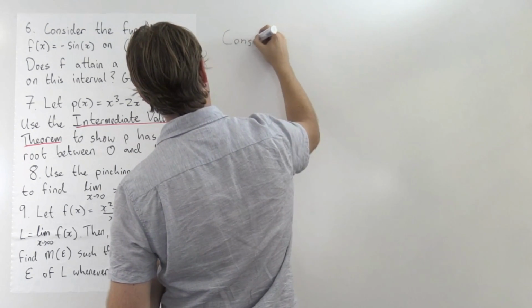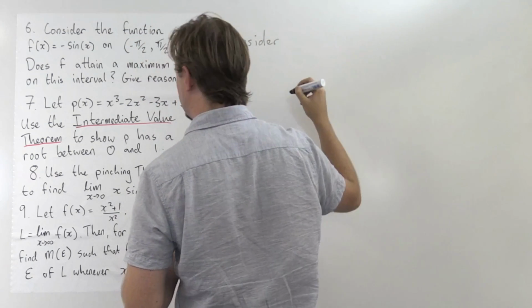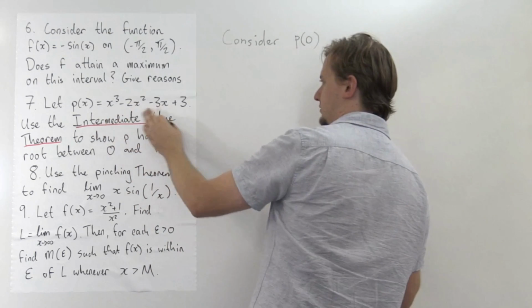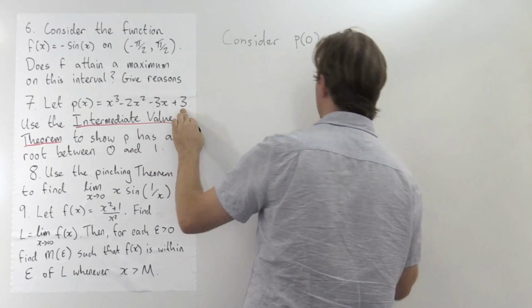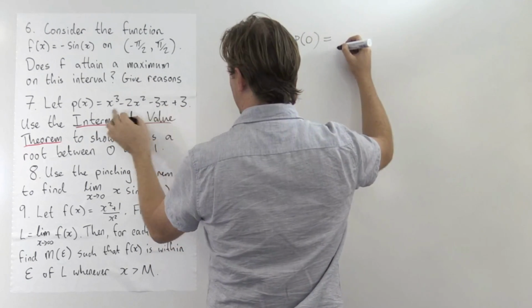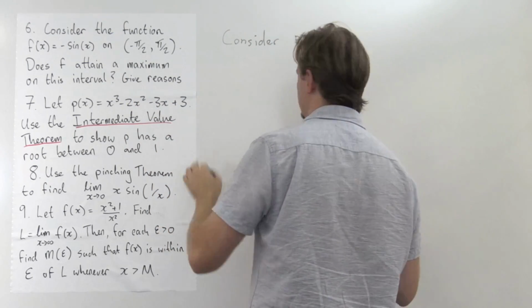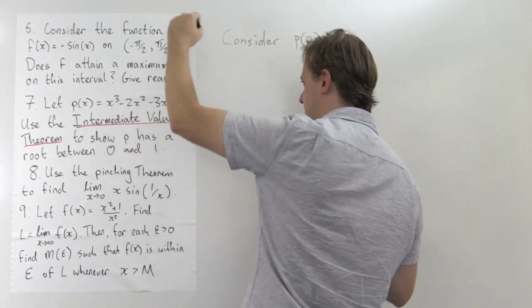So firstly, let's just consider the hint they're giving us. Let's consider what happens when we look at P0. Well, all these terms evaluate to 0 except for this last term. So we end up with 0 plus 0 all the way up and a 3. So this polynomial starts at 3,